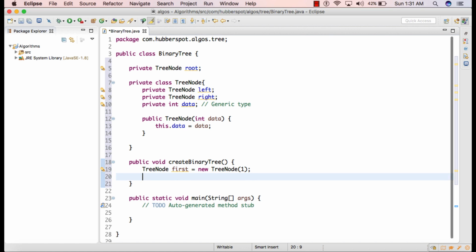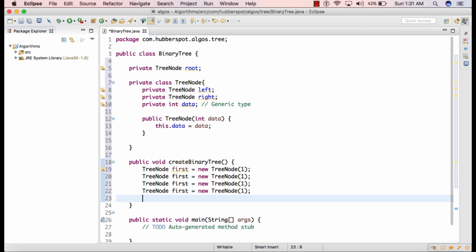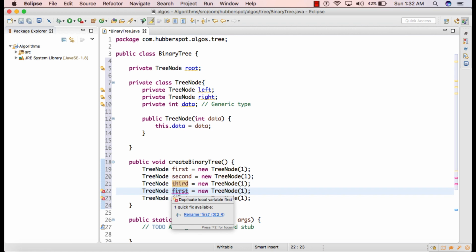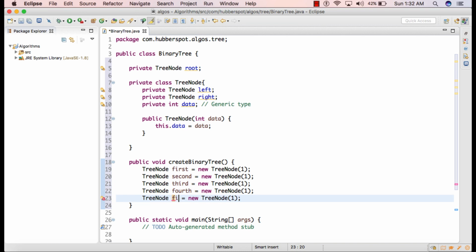And I will just create a few nodes. Let's say I give the names second, third, fourth, fifth, and let's say I provide data as 2, 3, 4 and 5.